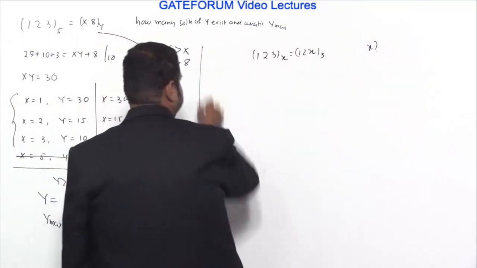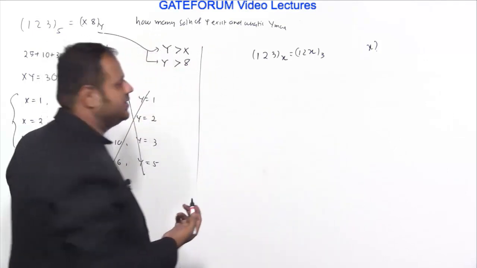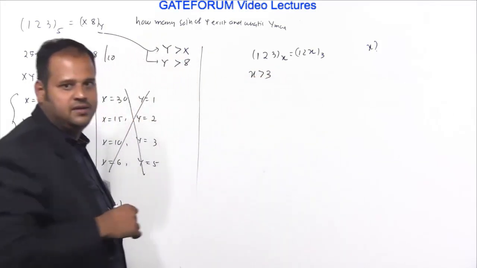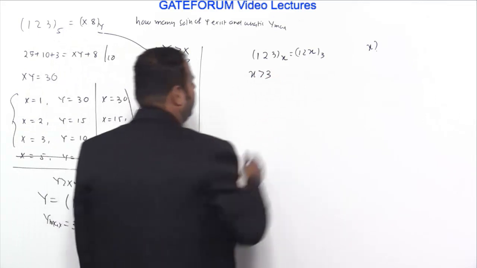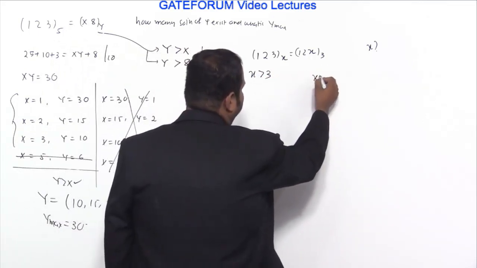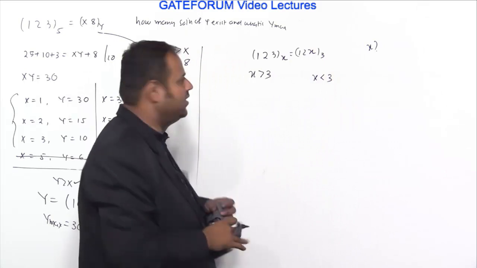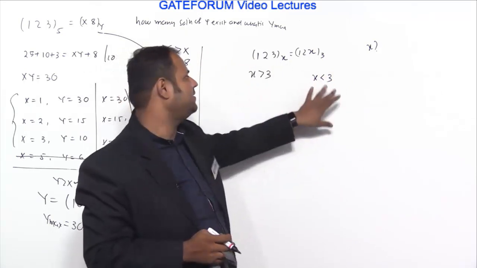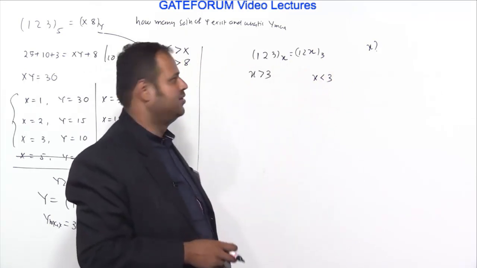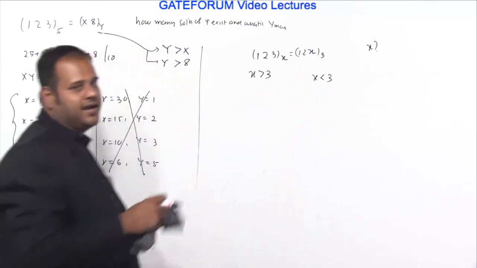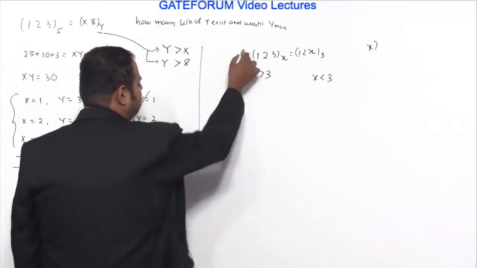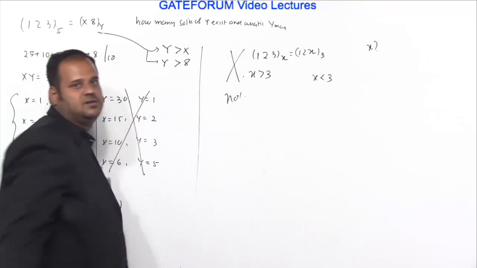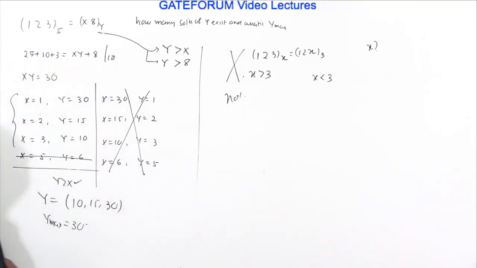Okay, so you can again try something like this, but here by using common sense I can see one thing. If I observe the left hand side of the equation, x has to be greater than 3, isn't it? And on the right hand side, x has to be less than 3. Yes or no? The left hand side needs the base to be greater than any of its digits, so x has to be greater than 3, and the right hand side needs x to be less than 3. So simultaneously I need x greater than 3 and x less than 3. How many values will satisfy this? No value of x will satisfy this. So the answer is no solution exists for this.